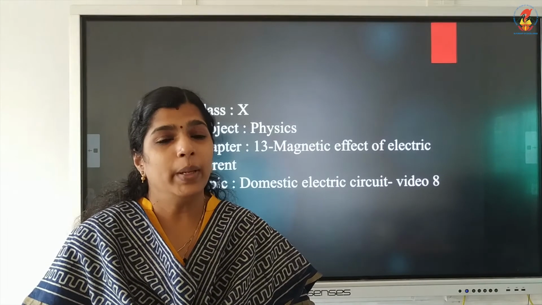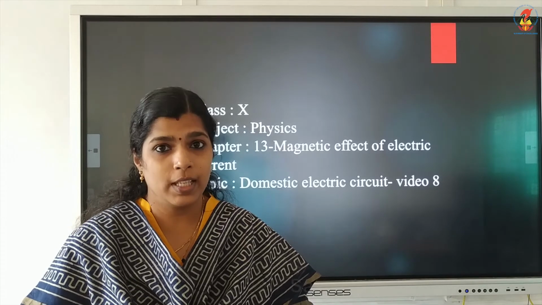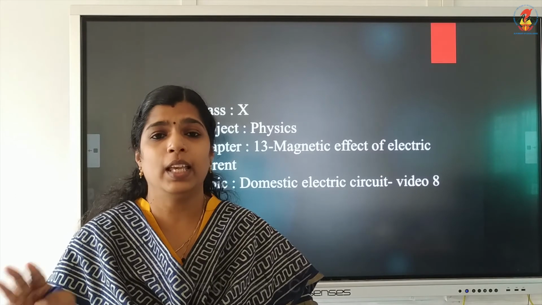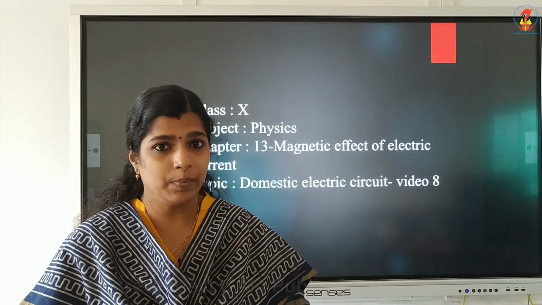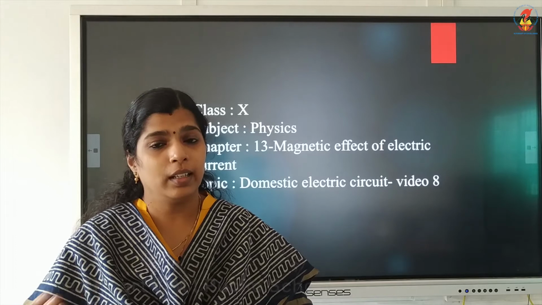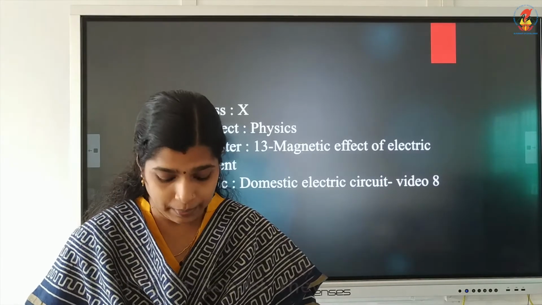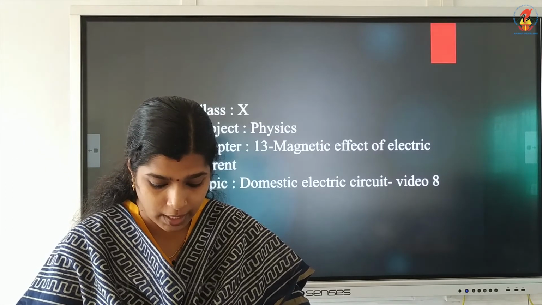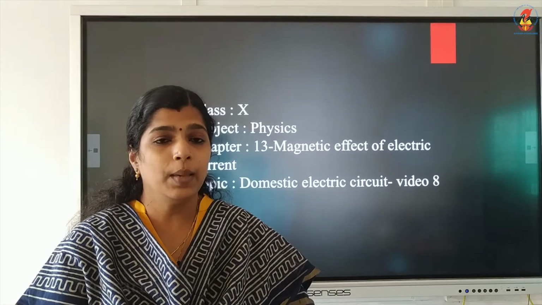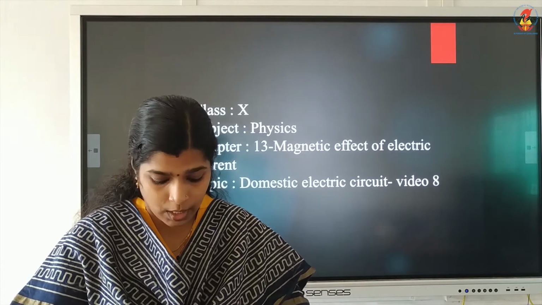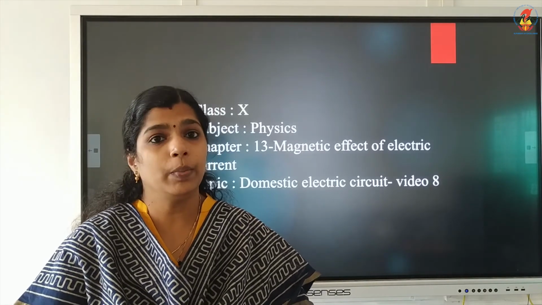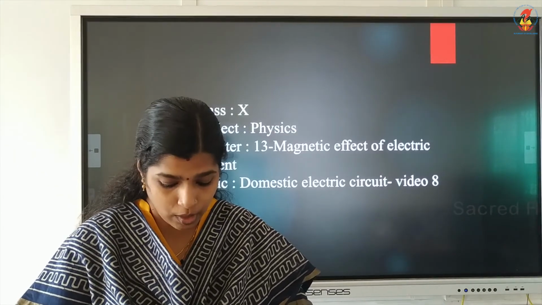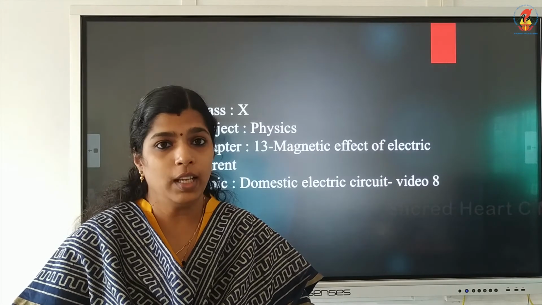Okay. So, the metallic parts of the appliances are connected to the earth wire. In case of any leakage of current in the metallic appliances, that current will directly flow to the earth wire. Thus, it ensures any leakage of current to the metallic body of the appliance keeps its potential that of the earth. Normally, earth potential is taken as 0 volt. So, the user will not get any electric shock.